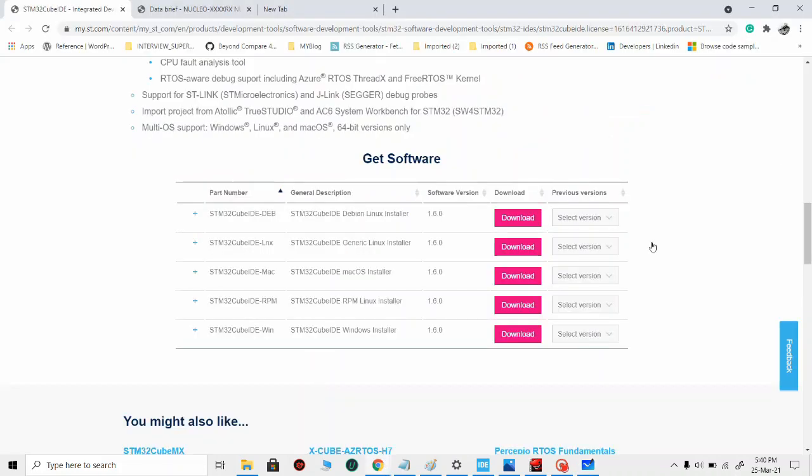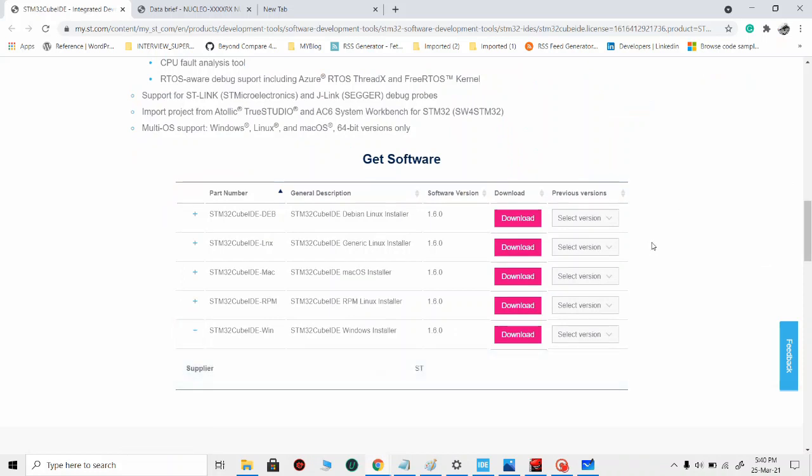This is the link that we will go to, and then we will download it based on whether we are targeting to develop on Windows or Linux or Mac. Based on that we will download it. I have included this link in the video description, and from here you can download it.